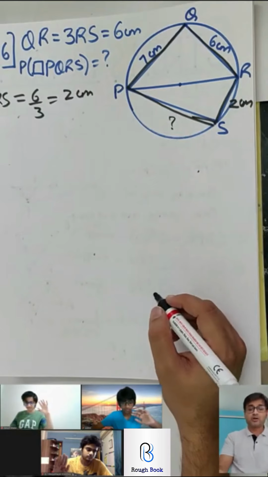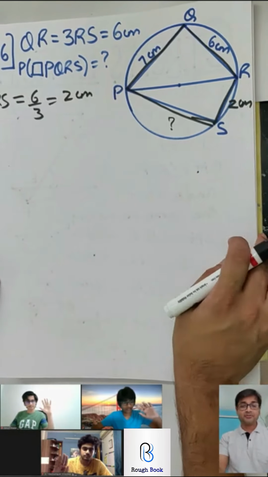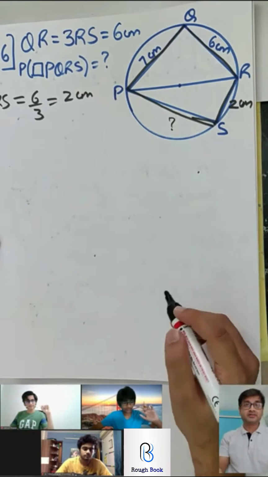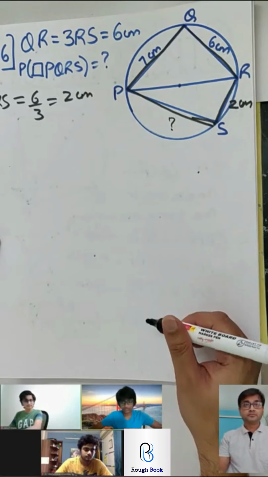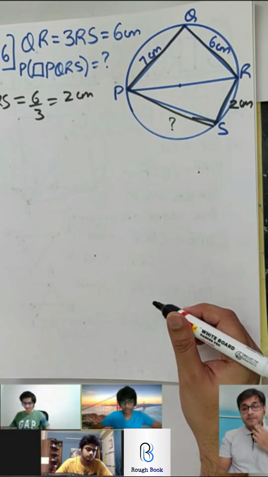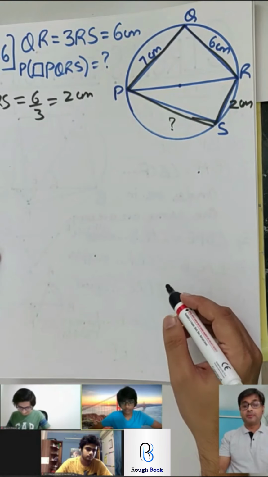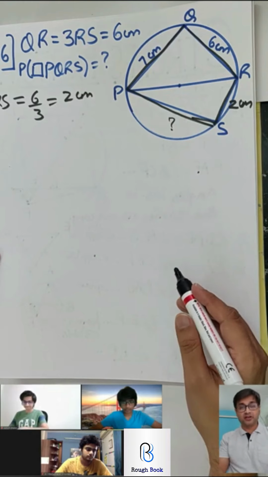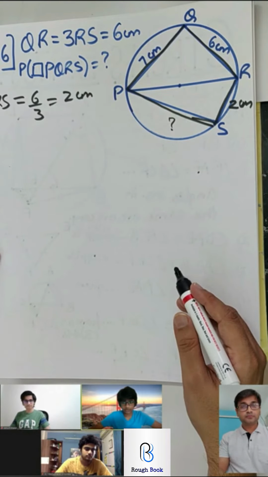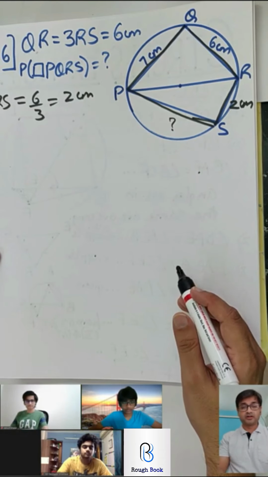Wow, all three hands go up, guys. On your side, are you also raising a hand? Brilliant. I am really happy about it. Yes, Balan, how will we find PS? So firstly, since we have PQ and QR, we can use Pythagoras theorem and find PR. But why Pythagoras? There is no 90 degrees as such. So when two lines are drawn from two ends of a diameter and they meet anywhere. No, that's not the correct statement.